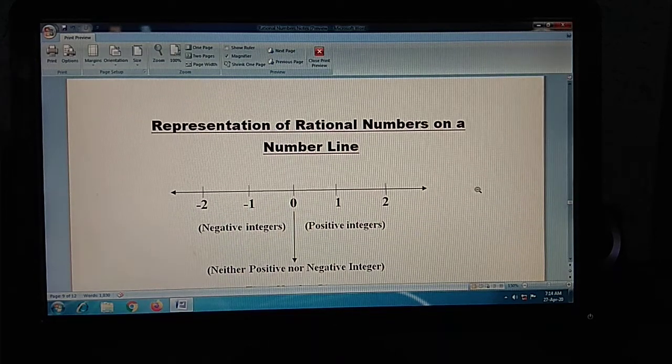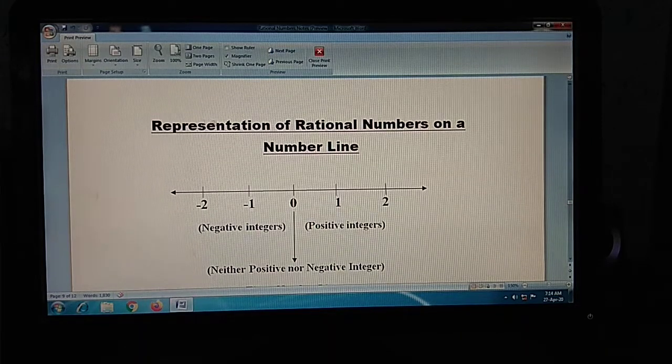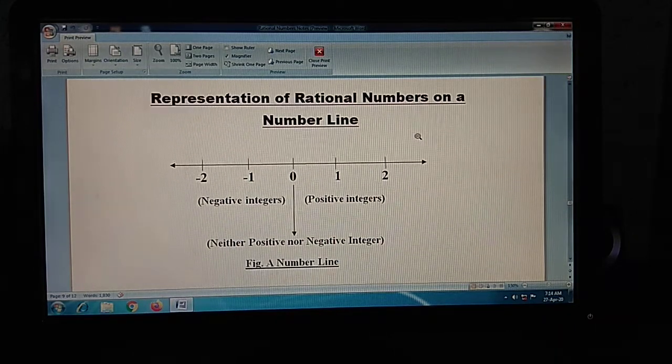Hello everyone. Today we will be discussing a new topic, that is representation of rational numbers on a number line. How do you represent the rational numbers on a number line? Now we all know how to represent the integers on a number line. Here, as you can see, on the left of 0 are the negative integers and on the right of 0